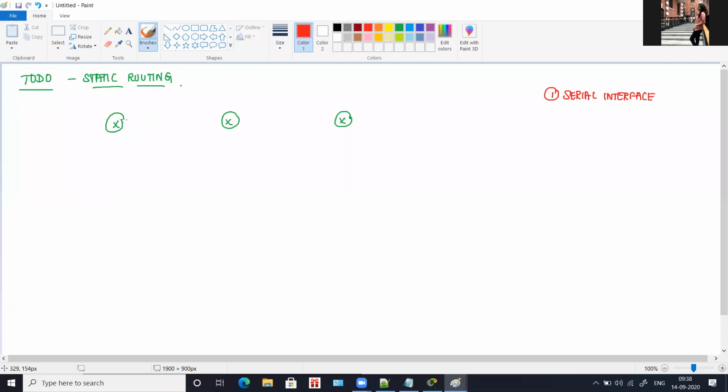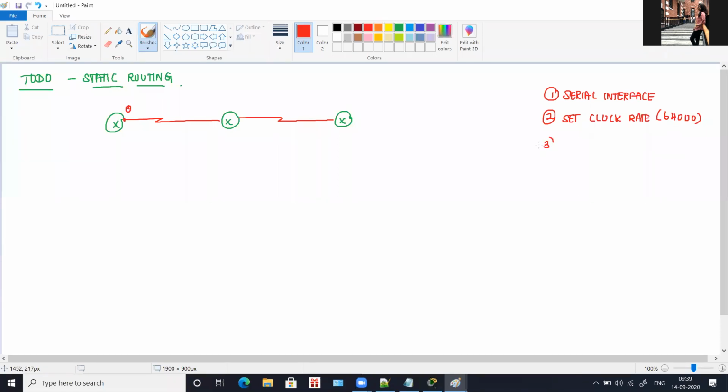Then you will connect the routers, and after you connect the routers, you will find the clock icon here. Once you find the clock icon, you have to set the clock rate. The clock rate will be 64,000. If you find the clock icon, you have to set the clock rate. If you don't find the clock icon, don't set the clock rate. It has to be in no set mode only. By default, it will be in no set mode.